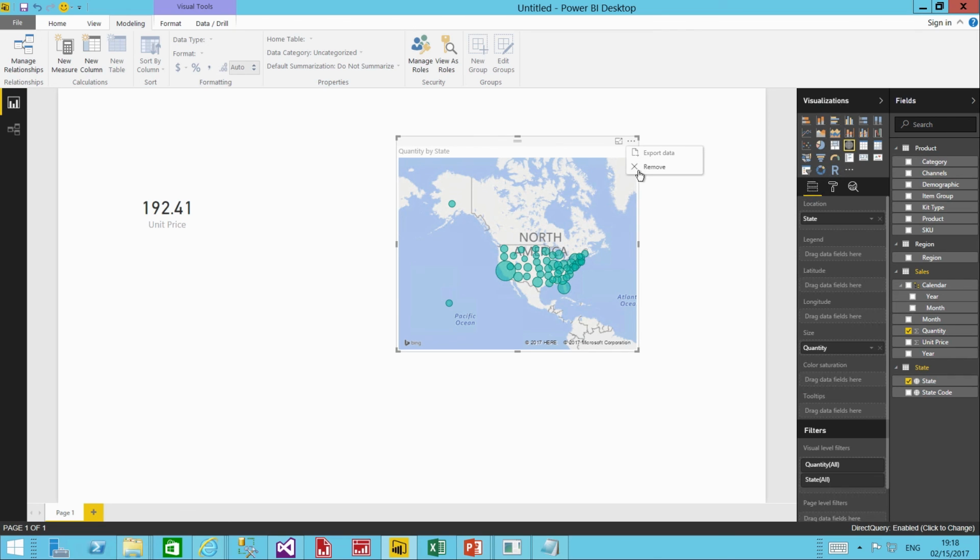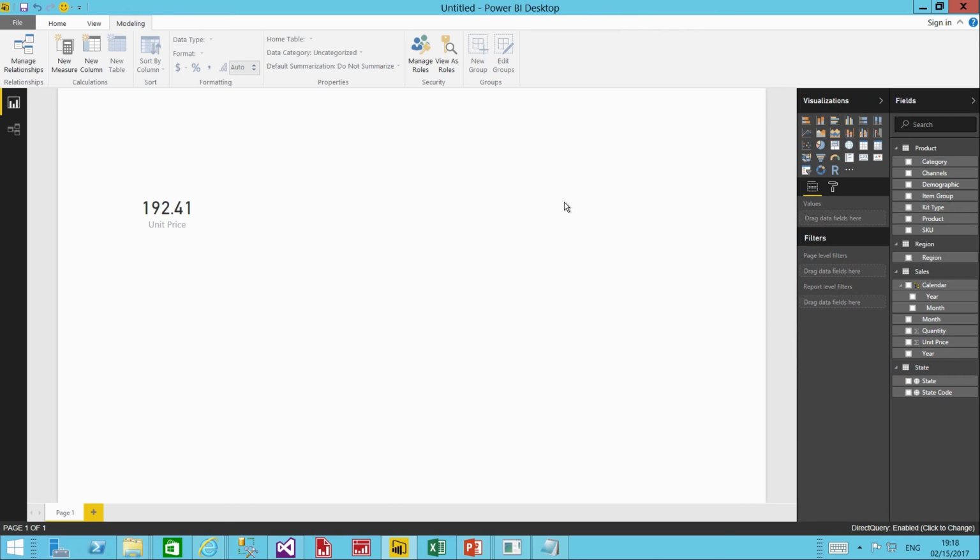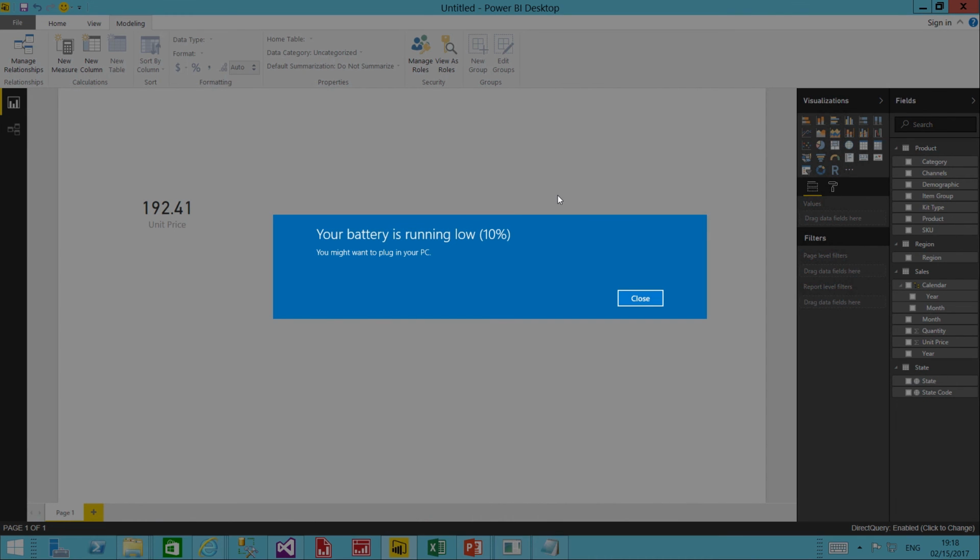All right, last topic for modeling is business logic. So we already saw that we could add columns in queries using M, but more common